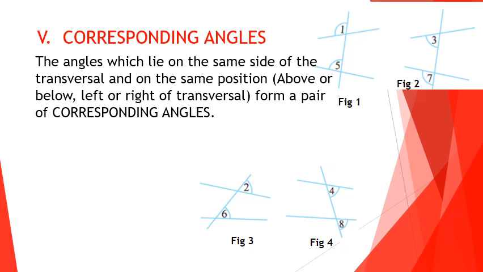Now we are able to say what the fourth pair of corresponding angles is. Which is the fourth pair? The angles which lie on the right side of the transversal and below the lines L and M. Which angle lies below line L? That is angle 4. And which angle lies below line M? Yes, it is angle 8. So our fourth pair of corresponding angles are angle 4 and angle 8.